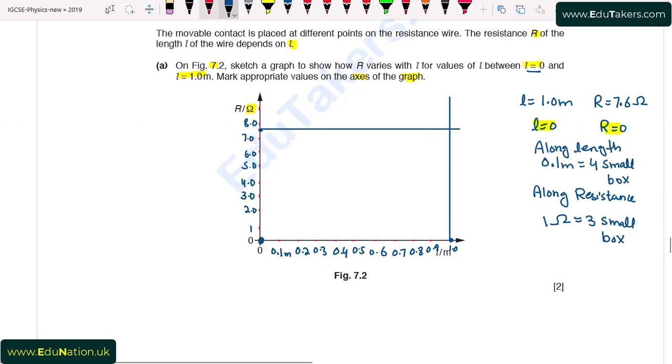We see that at this point both of these intersect each other. So we have to join this point with this 0, 0. I write here it is 1 and 7.6, while this point is 0, 0. We have to join both of these points. So again by using ruler,